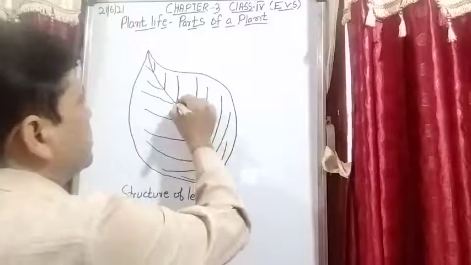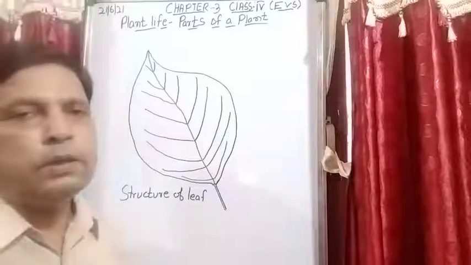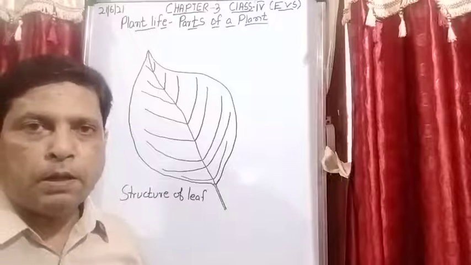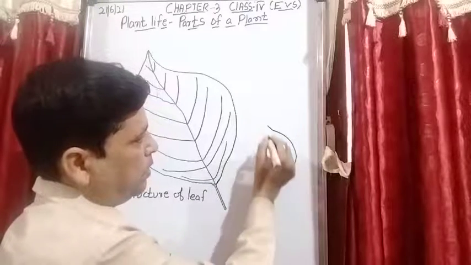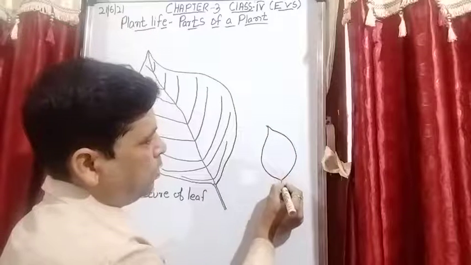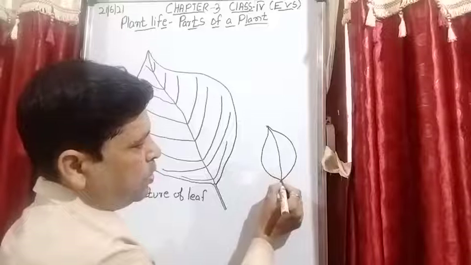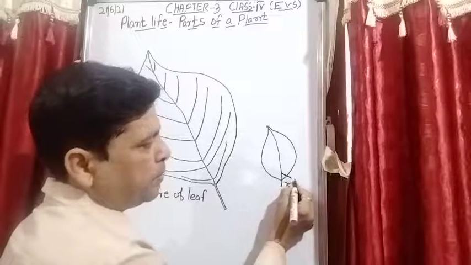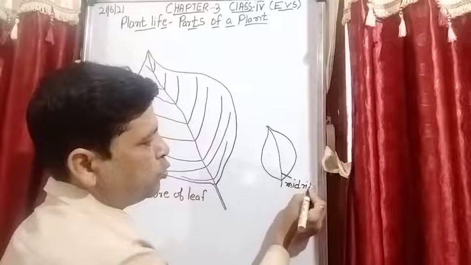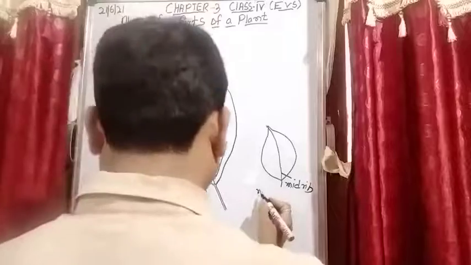This you see, this is a mid vein. Okay? For example, in the center, when I draw a leaf, so when I draw this line, you can also say mid rib, or you can also say mid vein,